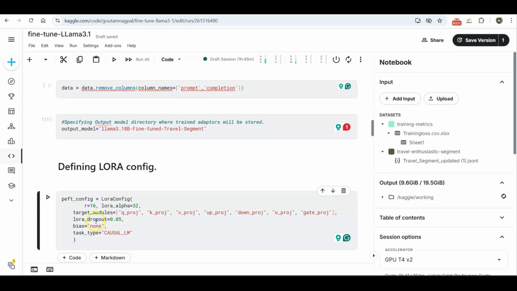And the next one is the LoRA dropout. This applies dropout to the LoRA layers during training, which helps prevent overfitting. Bias equals none means I am not adding any extra bias parameters to the LoRA layers. I am only updating the low rank adapters. Task type equals CAUSAL_LM. Finally, I specify the task type as causal language modeling because I am training a left to right generative model